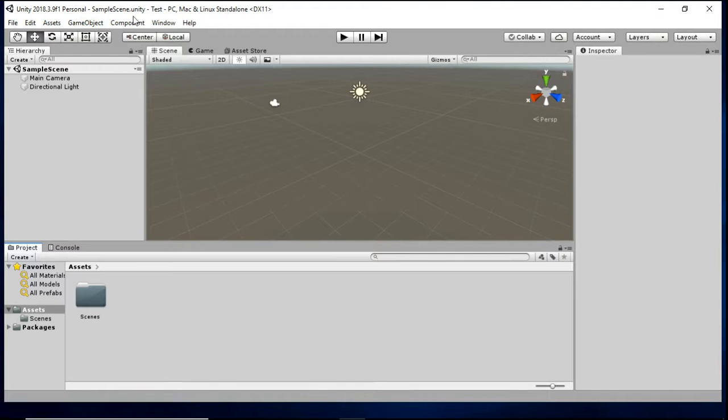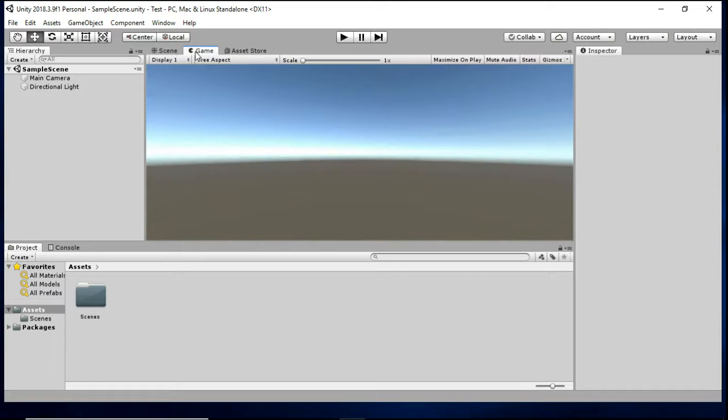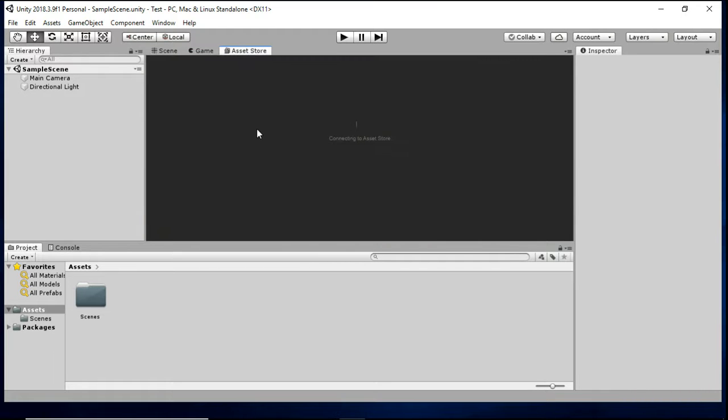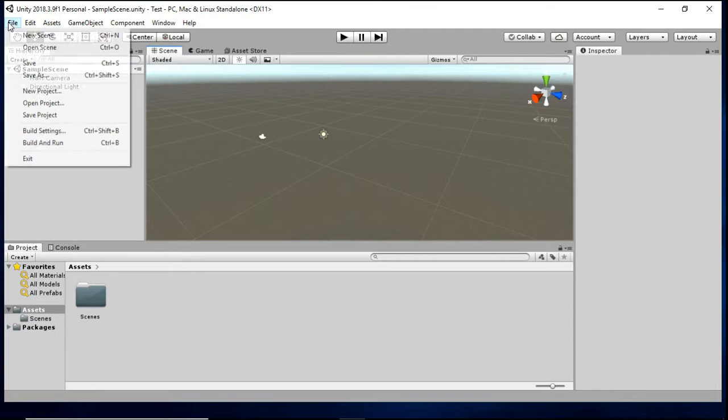Now this is our Unity 3D platform. We have scene, game, and asset store from where we can download various assets. In the scene section, we create our game. Let's explore and learn the basic understanding of Unity 3D.